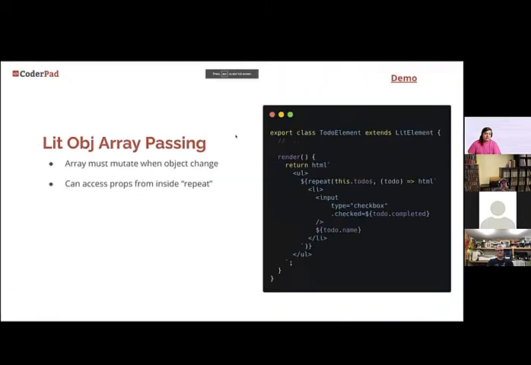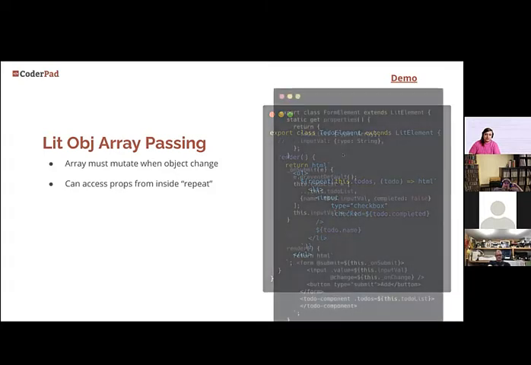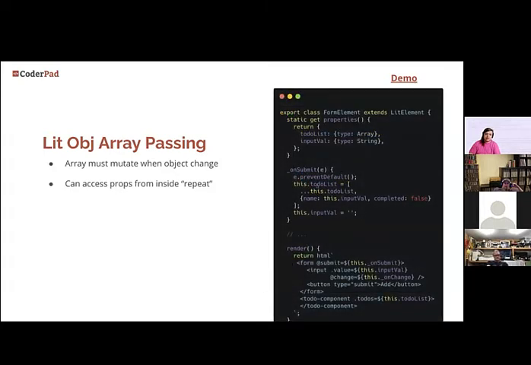We also have the ability to do object array passing, right? So just as before, when we had the object, we can pass completed, we can pass the to-do, the repeat, right? And then inside of here, we just update the to-dos. Something that's important to mention is that the original version of this had this.to-do list.push. That